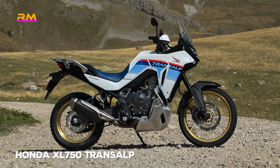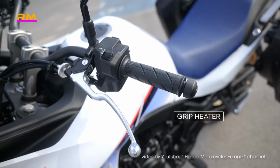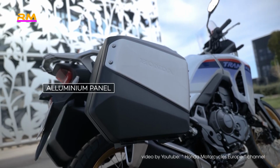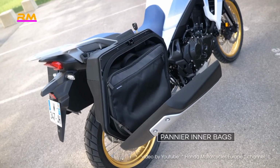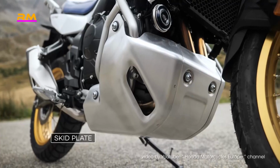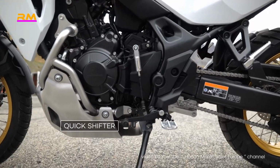1. Honda XL750 Transalp. The Transalp is the younger sibling to the Africa Twin, but it loses out on just 10% of the peak power while giving up 25% of the displacement. It is smaller and lighter than a full-fat adventure touring motorcycle as well, which means performance isn't as blunted as one might expect. Features include 5 ride modes including a user-customizable one, Honda selectable torque control, wheelie control, dual-channel ABS,